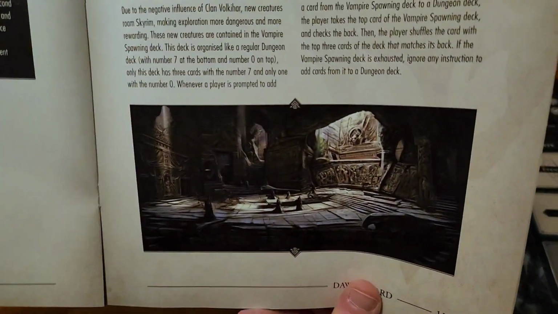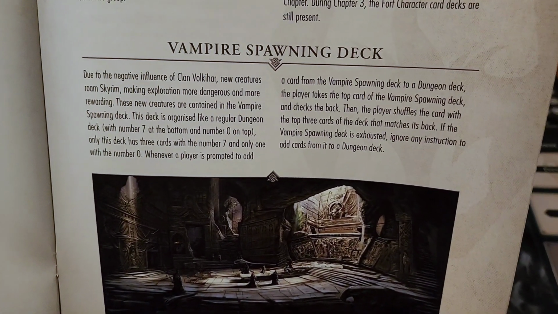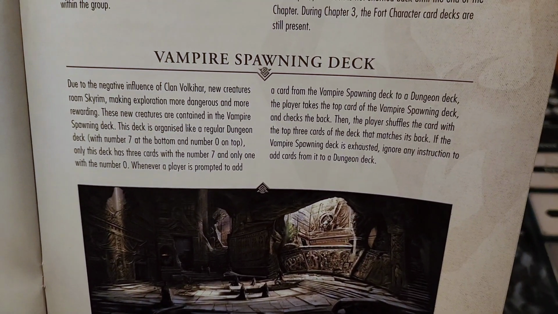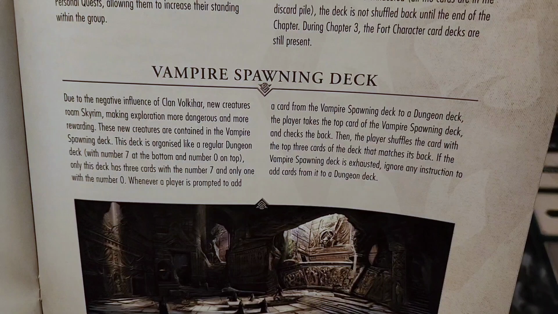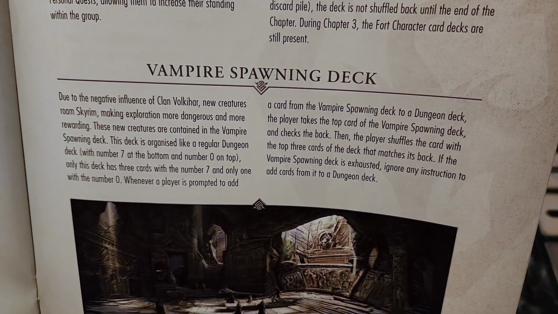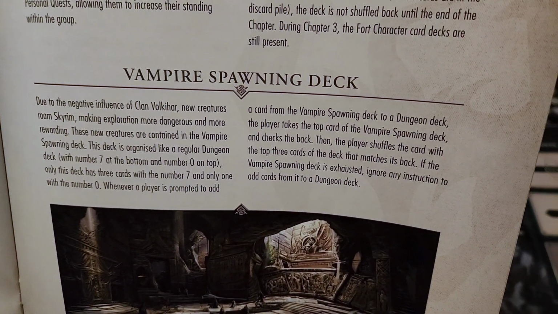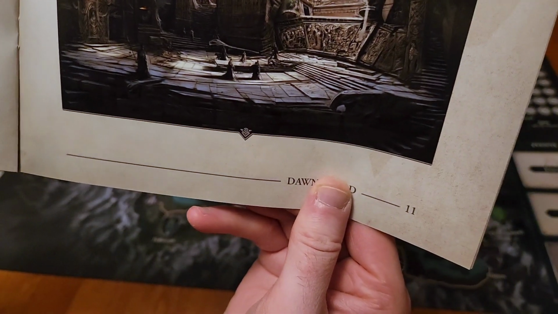So, the Vampire Spawning Deck. Due to the negative influence of Clan Volkihar, new creatures roam Skyrim, making exploration more dangerous and more rewarding. These new creatures are contained in the vampire spawning deck. The deck is organized like a regular dungeon deck with number 7 at the bottom and number 0 on top. Oh, maybe that's what our...